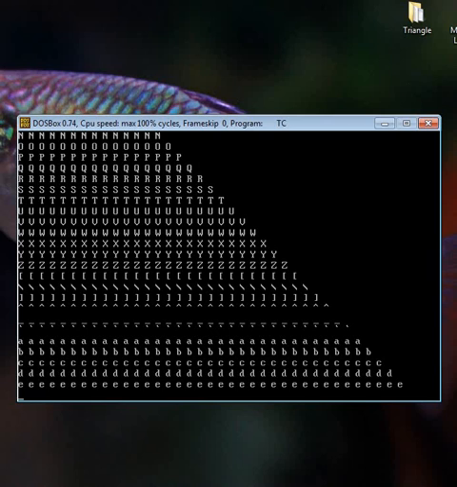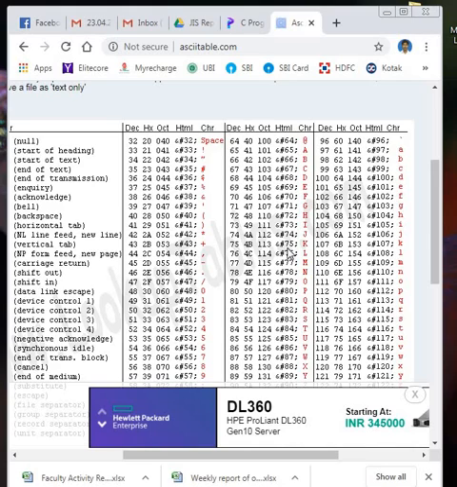You can check the ASCII value. The pyramid starts from A and goes up to Z, and then some special characters are there, then it starts from small a, then b, c, d, e. So the output is correct. You can see the ASCII table for explanation.